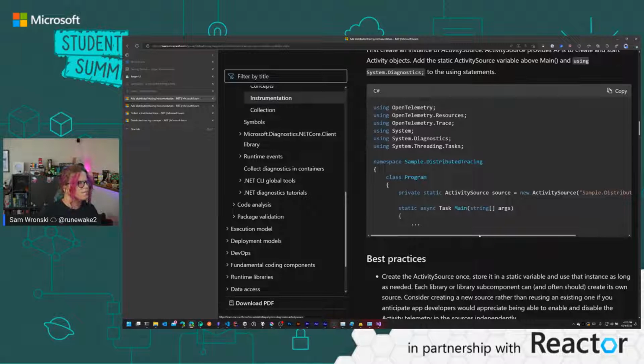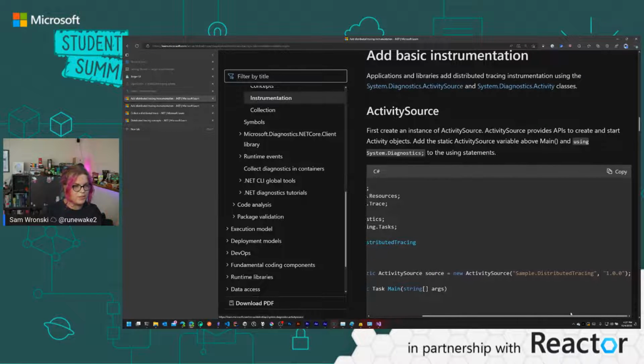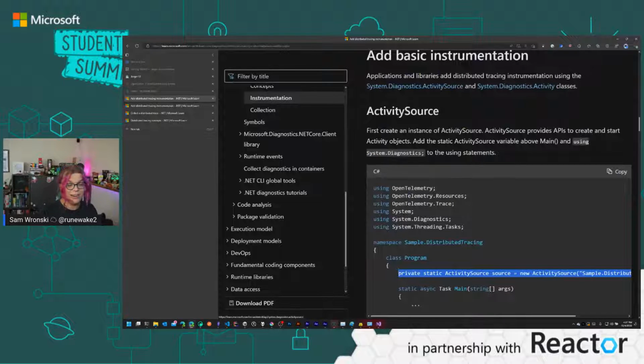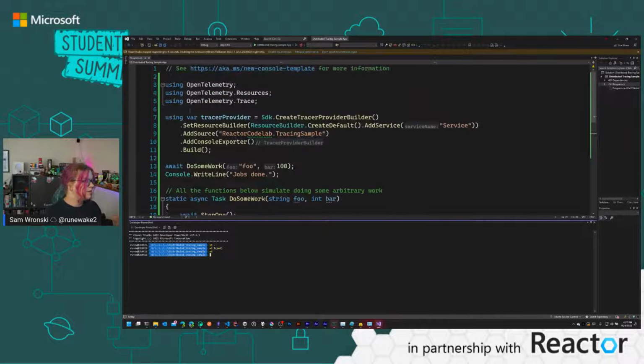So what's going on here? We're creating an activity source. Activity sources provide APIs to create and start activities. All right, so this is going to be something that we're actually going to use to grab our activities from. So this seems like a builder function. It seems like we're creating a factory here. So that's going to be something that we're going to use to actually generate new activities that we can use throughout our application. And what it's going to do